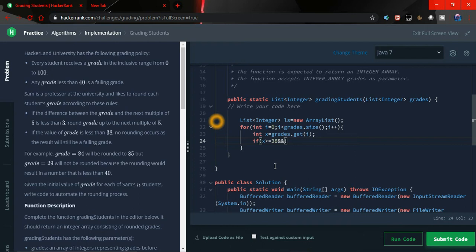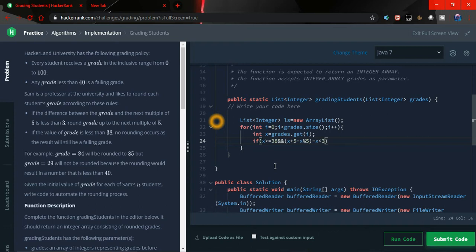There is a simple way: let's take x plus 5 and subtract the remainder of x mod 5, and if the difference of this and x is less than 3, then we can move to the next multiple of 5.